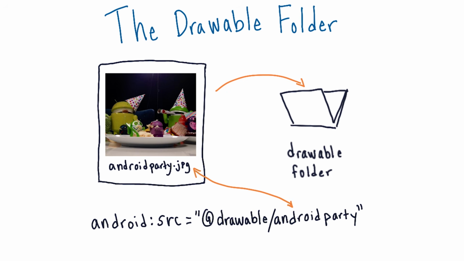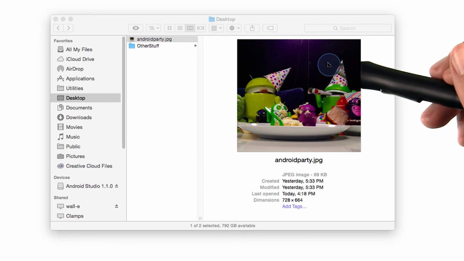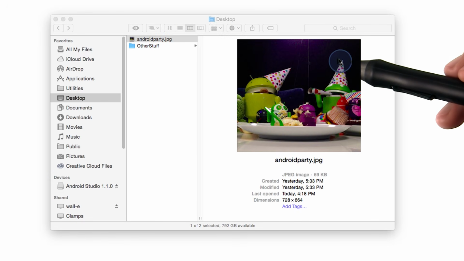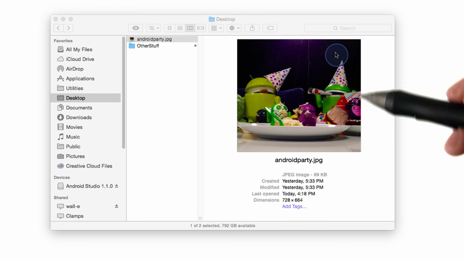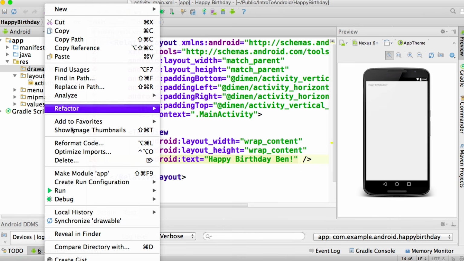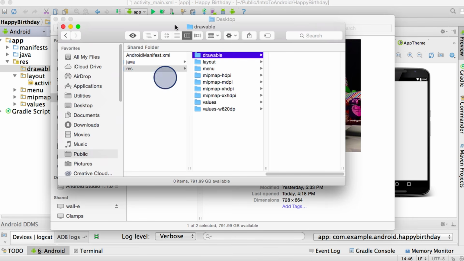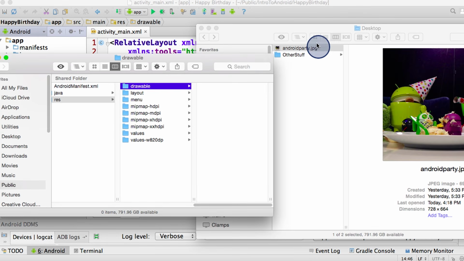Okay, so now I'm going to show you how to actually put a picture into the drawable folder. This image is in the instructor notes, so go ahead and download it to your desktop. Next, I want you to open Android Studio. In Android Studio, you can go over here and right-click the drawable folder. From there, you should see something that says Reveal in Finder or Reveal in Explorer. Here, I can see the drawable folder. So right now, I'm going to move the androidparty.jpg into the drawable folder, and I'm just going to do that